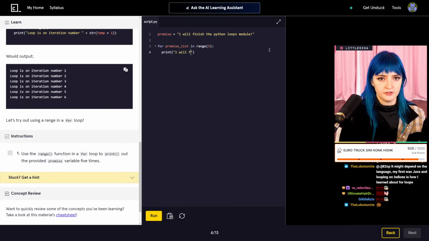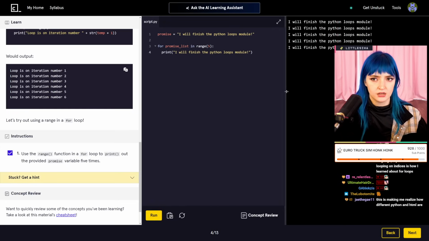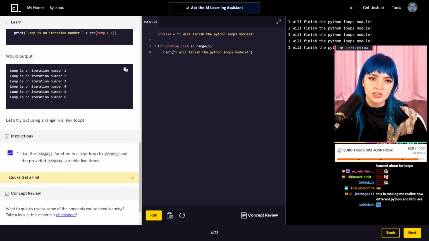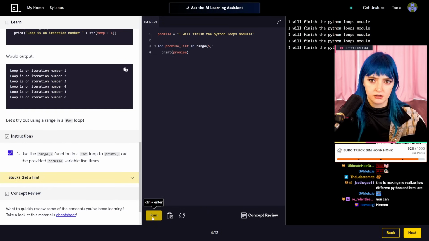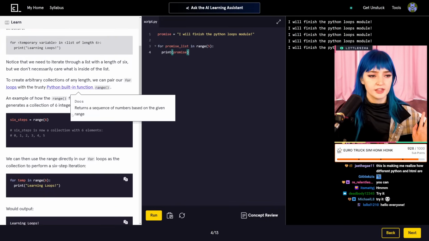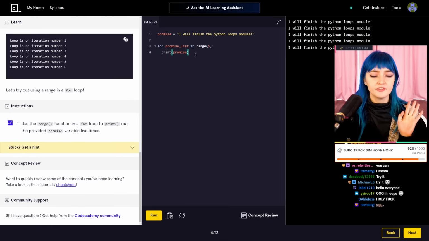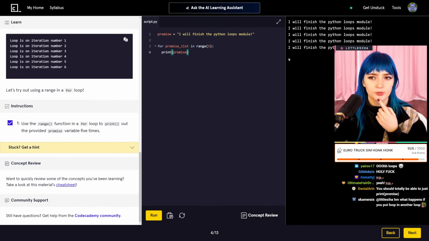print, I will finish the Python loops module. Wait, so I can't. It worked, but I can't print. Can I print just promise? Can I do print promise? Oh, okay. I get it. Okay. I think I've been taking this too literally, like the examples. Okay, and then if I did print, what if I did print promise